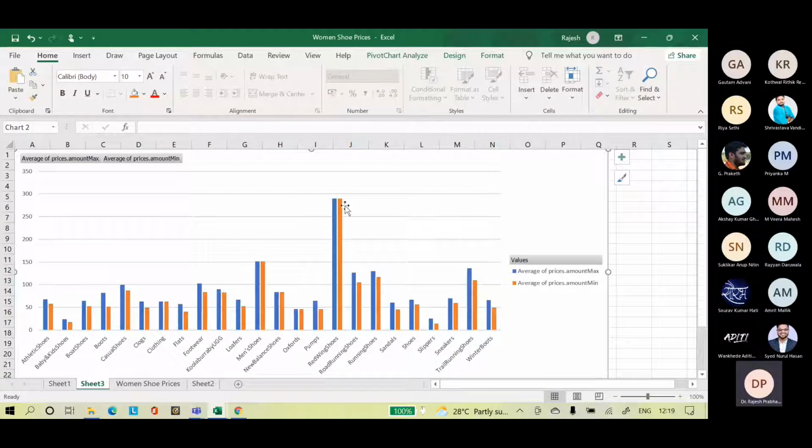The average min is 289 and the average max is also 289. Min and max are the same for Red Wing shoes, so Red Wing shoes are costlier. So you get how to analyze the inventory data.